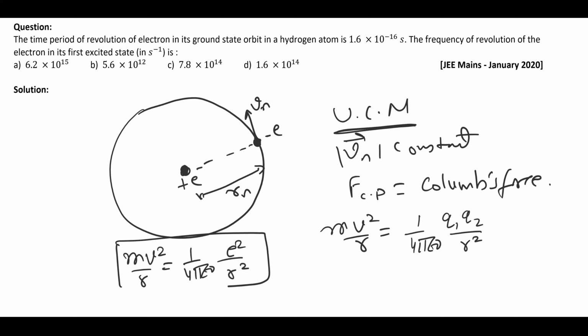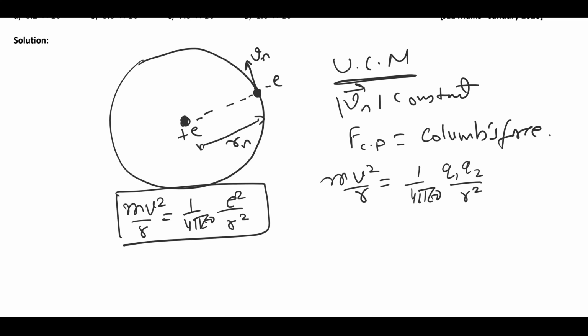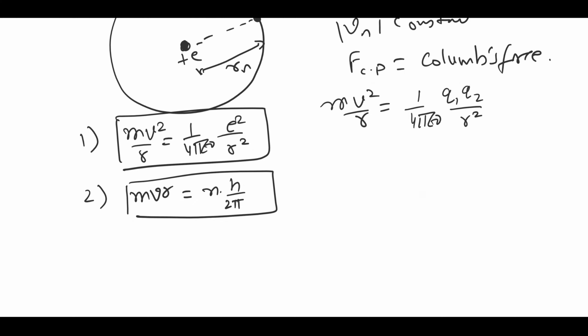Using this formula as well as the formula from Bohr's second postulate, which says that the angular momentum of an electron in an orbit is equal to nh by 2 pi, an integral multiple of h by 2 pi, we get the formulas for the radius and velocity of the electron. The radius of the nth orbit